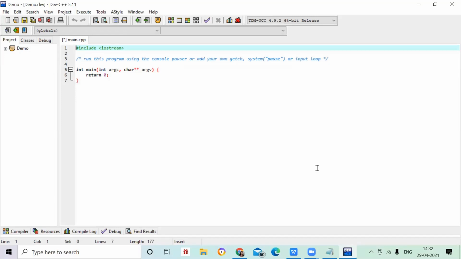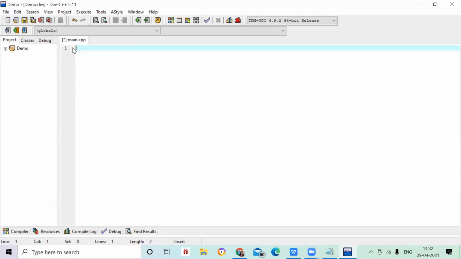I have pressed save. As soon as I press save, it automatically generates some basic code for me. As it is a C++ program, you can see iostream is there. If there is a star mark, it means your program is not saved. If you change something, you will see the star mark. If you press the save button, it will save automatically. I'm not going to use these things because I have my code, so I will just delete this.